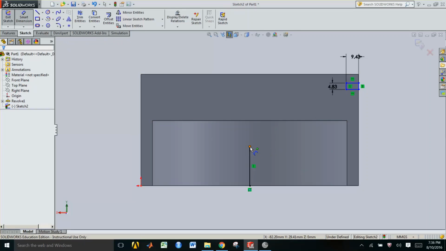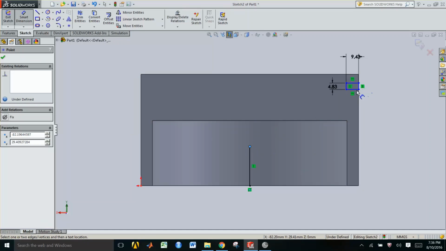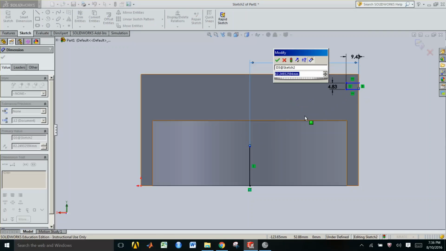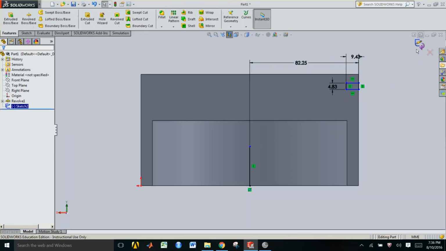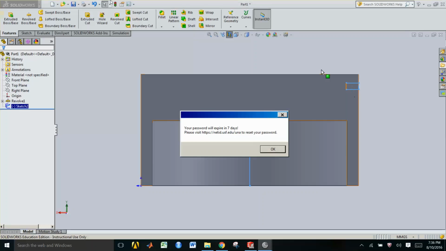Okay, let me click right there, and let me click right there. You go this way. I think that's good enough. So I want to give you that distance, and now I want to exit my drawing. Okay, what I'm gonna do next is that I'm gonna actually do